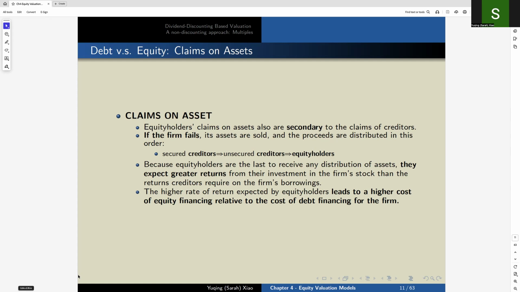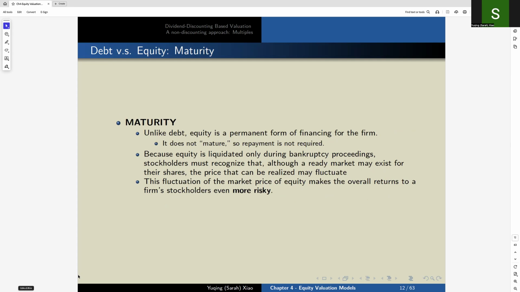This trade-off explains why equity is riskier, but also why it offers higher expected returns compared to debt. When it comes to claims on assets, equity holders again take the residual position. If the firm is liquidated,